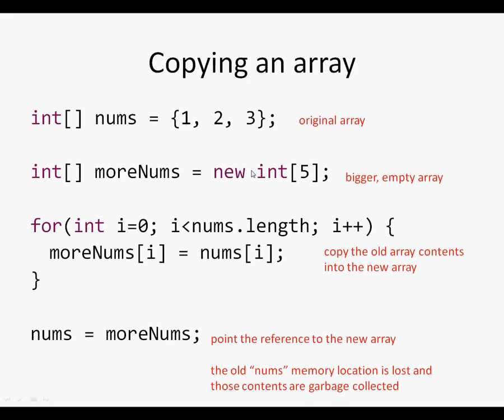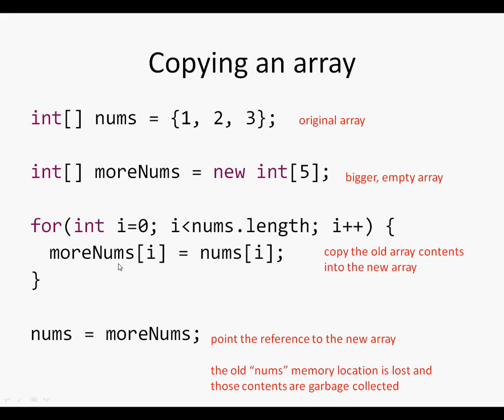It's empty. What I need to do now is copy manually all the elements over from the original array, nums, into the new array, moreNums. So I have a for loop. That for loop is iterating over the size of nums, right? Because I only have 3 elements. Those extra 2 spaces right now in the new, bigger array are not filled. I don't have values in them yet. So I iterate over the size of nums, and I take each value at that index and I put it